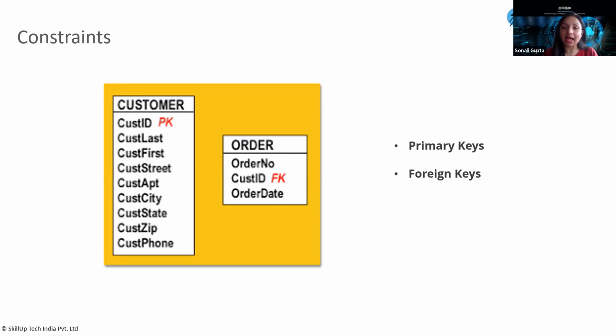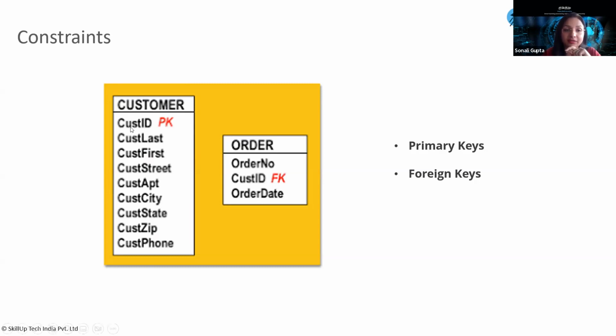The primary key is the main key or the identifier, the attribute that we talked about in the previous slide, which identifies every row within a table. For example, in a customer table, every customer might have a repetitive street, might have a repetitive value of last name, maybe Gupta or Sharma or anything such, but there would be a definite column by which you can identify each row in a table.